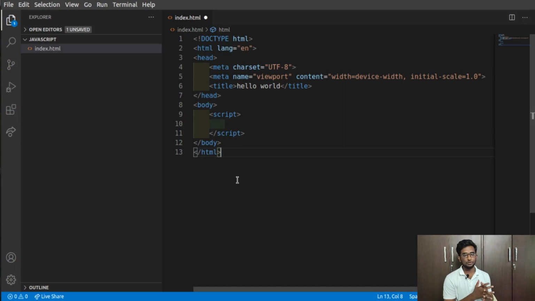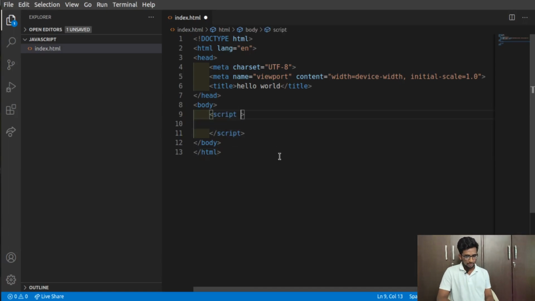And sometimes when you are writing a long piece of code, then you should definitely keep your script tag outside of the HTML element, because whenever you run this program, HTML will run the code line by line, so it will take so much time. So in order to run your web page fast, you need to keep the script tag out of this HTML page. Here I'm just going to write one line of code, so it's not that necessary to keep it outside. So I'm just going with this.